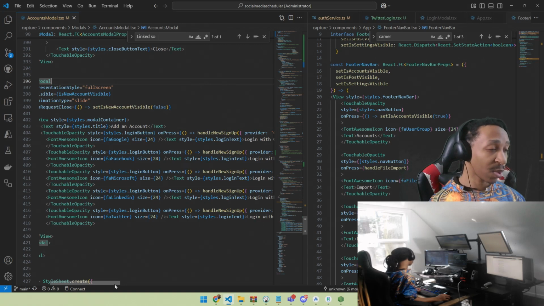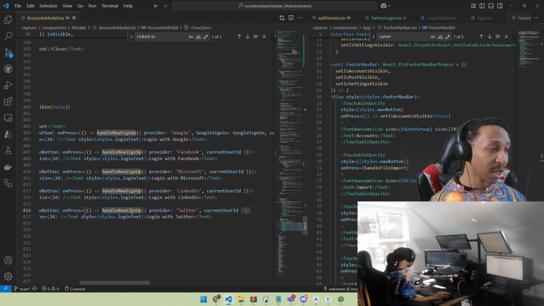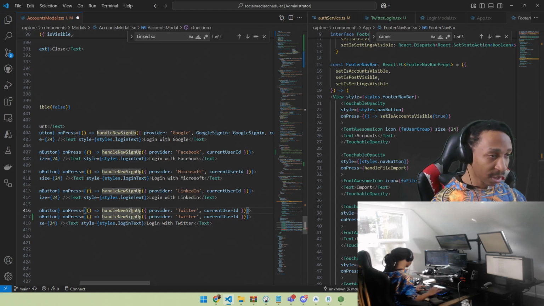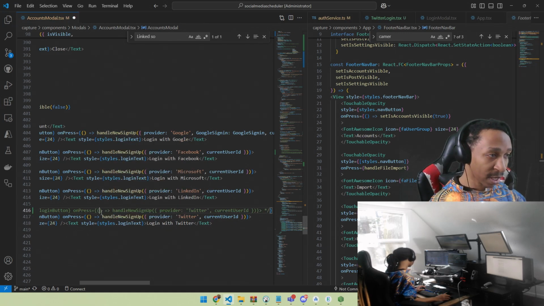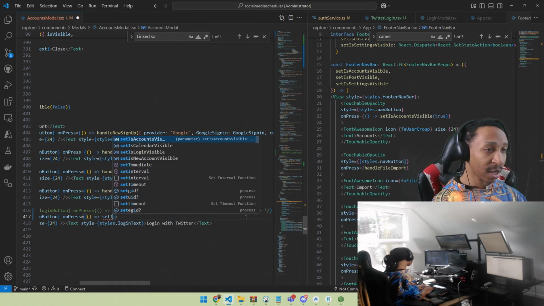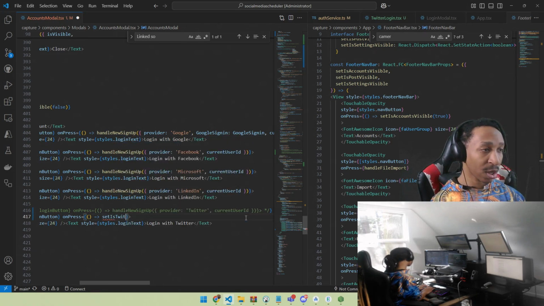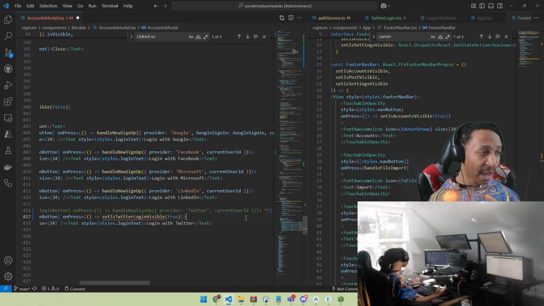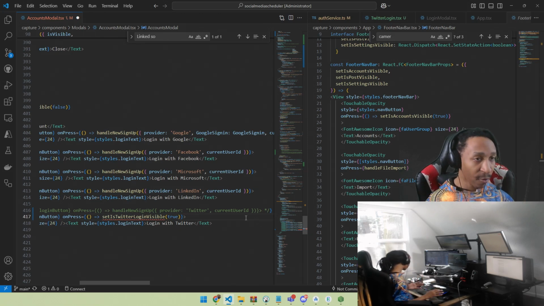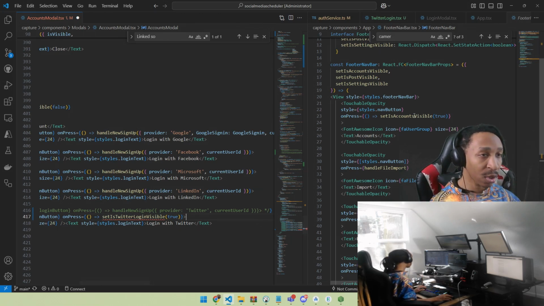But we don't need this. We instead need to make this do something completely different. We're gonna go like this, take this down. We're gonna go set is whatever blank true. We're gonna say something like set is Twitter login visible true. Perfect. That's easy for me to emulate and kind of reverse back to connecting to this modal, because